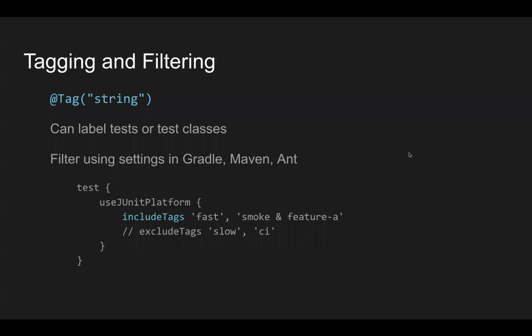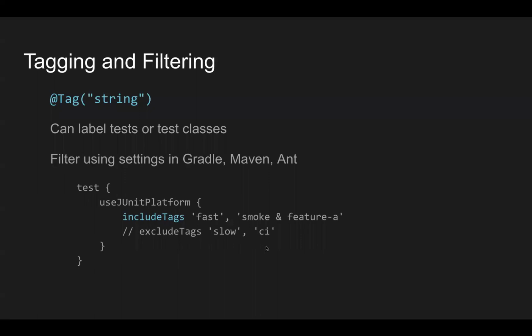Now, another thing you can do is you can add a tag to your tests, classes, or the individual tests. And you could actually have multiple tags. The tags are checked in the build file. This is an example from Gradle, but they work in Maven as well. You could specify which tags are being executed in the build file. So I could have it so that I'm running all the fast tests or the smoke test and feature A together, if I have both those tags on a test run,